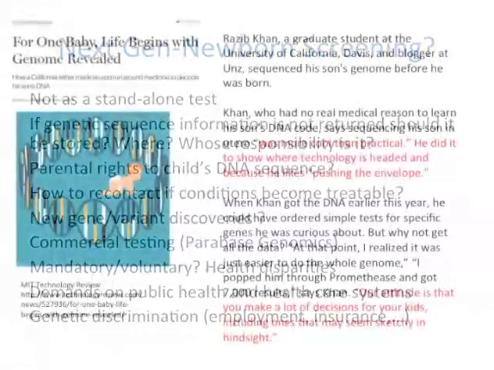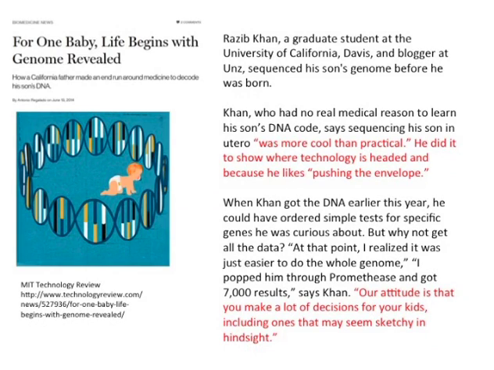This was something that came out on the internet a few weeks ago about a man who's a graduate student at University of California at Davis and decided to sequence his son's genome before he was born. He was able to get a sample from the CVS that his wife had and got the commercial laboratory that did that testing to send him back some of the cells and DNA. And he worked in a lab where they were doing whole exome sequencing, and he went ahead and did it